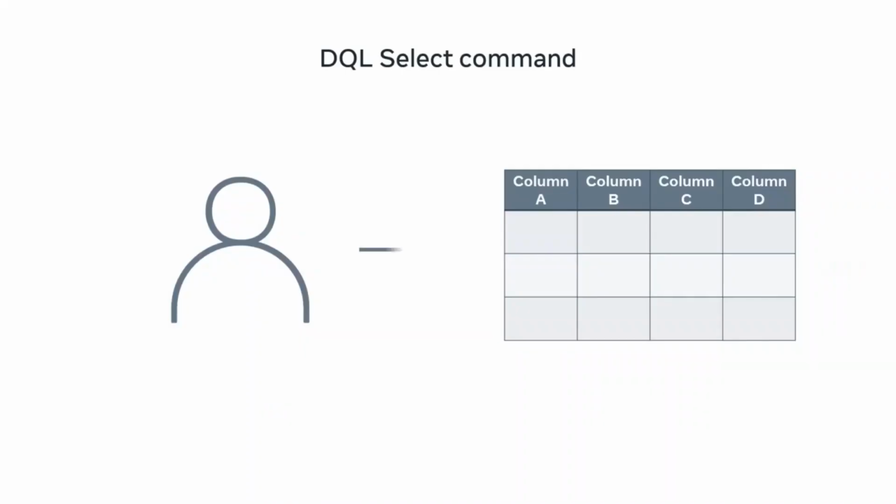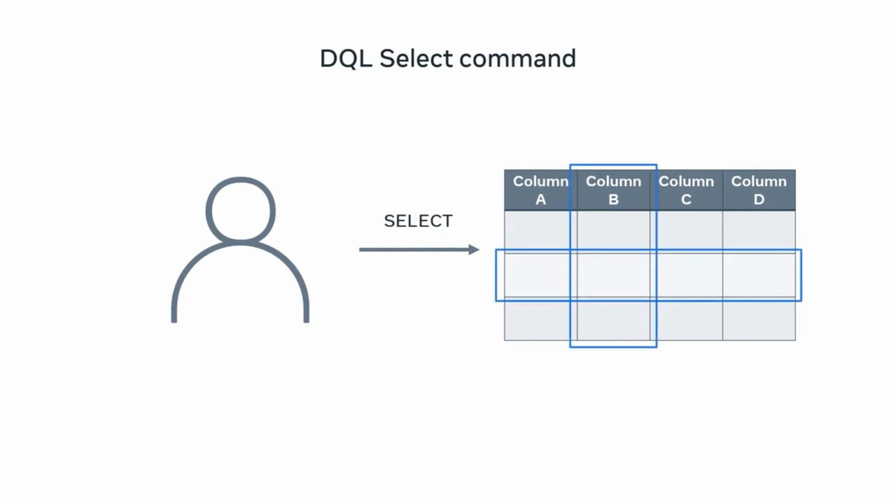So far, you've learned how to add database objects and manage data within them. So how do you read or retrieve that data? To read data stored in a database, you can use Data Query Language. DQL defines the select command to be able to retrieve data. Select lets you retrieve data from one or multiple tables, letting you specify the data fields that you want based